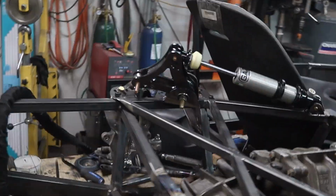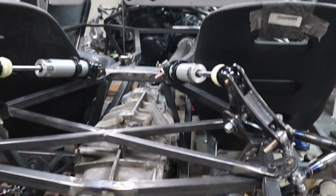I don't have a truck and trailer to be able to tow it around. And daily driver, I want to drive it where I want to go. So